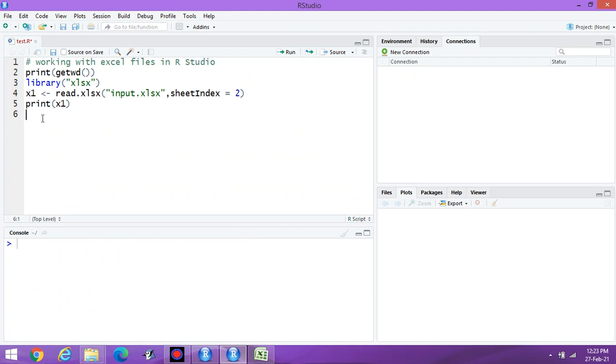Suppose I have to work with this Excel sheet similar to a CSV file. Suppose the first target is the summary of salary of all employees. Print, x1 is our Excel sheet, then dollar sign.